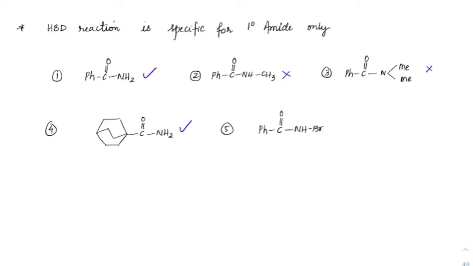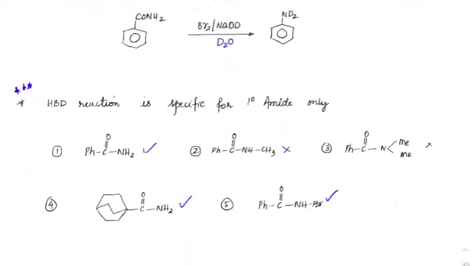This is already in the form of an N-bromoamide. So this will definitely give the product. Sometimes instead of directly starting with amide, you might be given the N-bromoamide, so even this will give the positive result. This is also asked in JEE. So remember, you can see Hoffmann bromamide is the only case where a lot of questions would come. So I covered all the cases that are required from this. Okay.